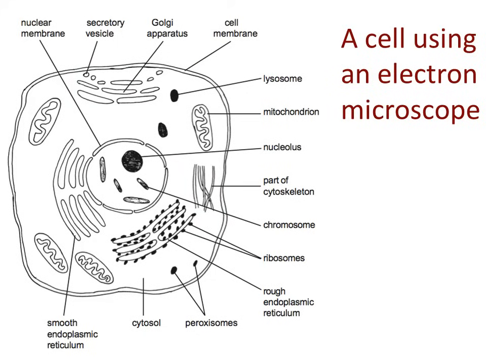Now, with an electron microscope, things get a lot more interesting. Because when we use an electron microscope, we are using a form of electromagnetic radiation, electrons, which have a much smaller wavelength than light. So light has a large wave amplitude, whereas electrons have a small wave amplitude. That means the smaller wave amplitude of the electrons can penetrate much smaller structures, giving us much greater detail